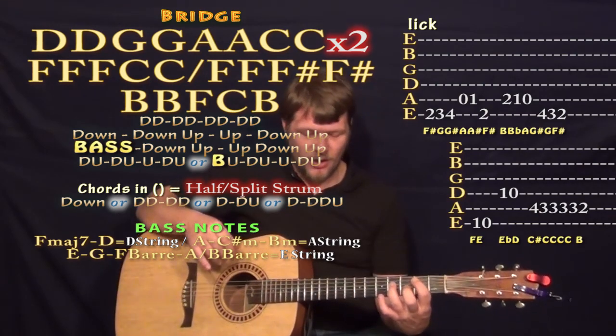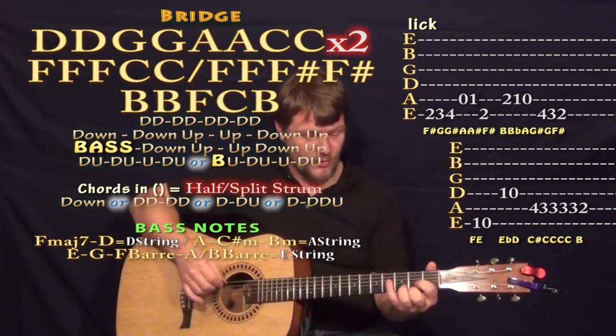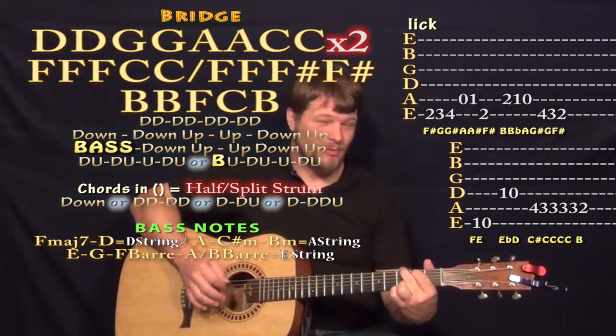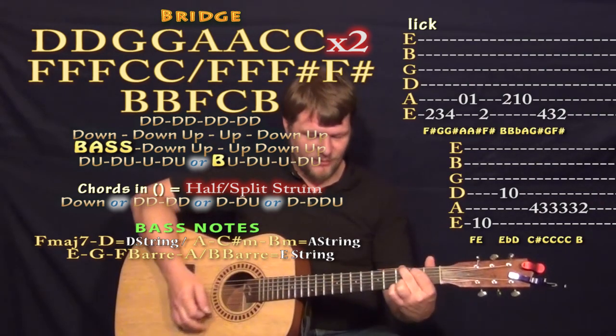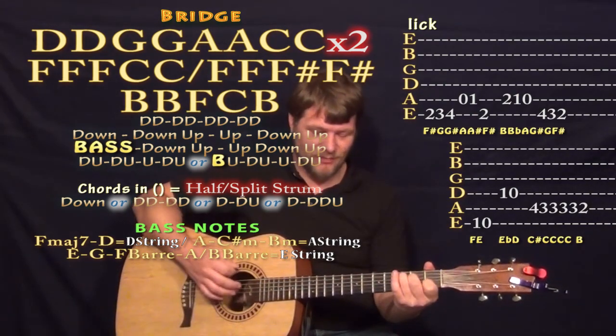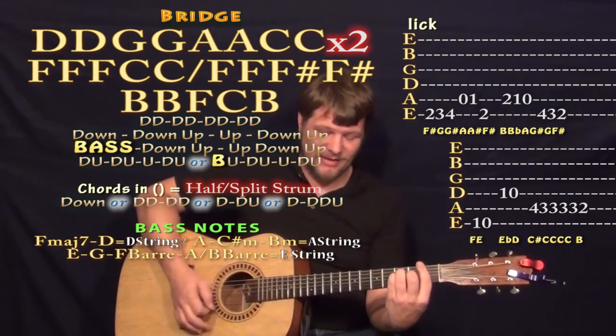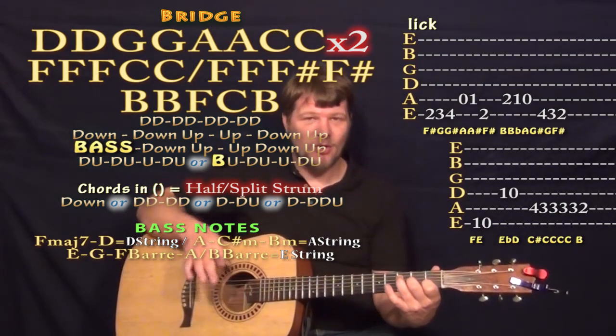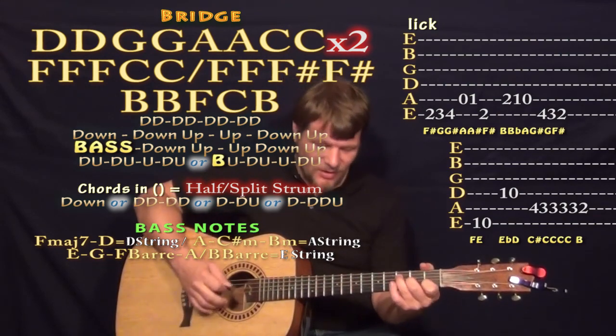The option is yours. But if we tried that through the bridge, the weird part is our bass note for the D would be on the D string. Bass note on the low E, the G would be the low E. On the A would be the A string. On the C we'd have the A string. On the F we'd have low E for the bass. Unless you're doing the F major 7, then you have the D for the bass. So all the way through that whole bridge, you have that D,